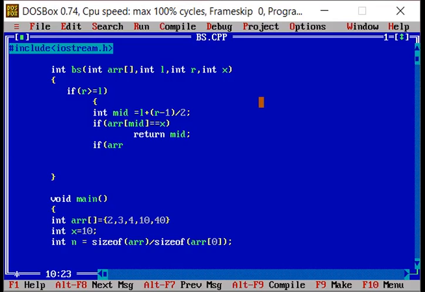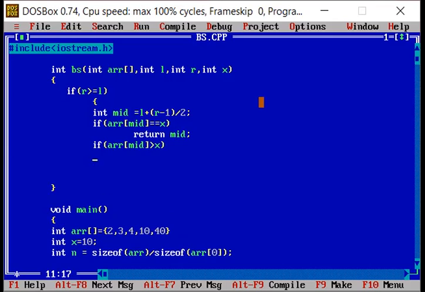So if the element at the middle is greater than x, this means the element is smaller than x. Oops, greater than x. Then what should I return? So I need to call the same function again, same binary search again,